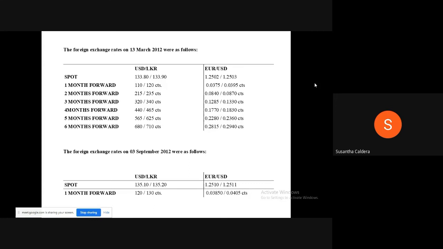Then the cancellation during which period? 13th March, 13th April, 13th May, 13th June, 13th July, 13th August, 13th September. 13th September is the option, the 6th month. 13th September is the 6th month. The 6th month is the option period. If it is the option period, then it is the spot trade. Spot selling. Right. Okay, fine.